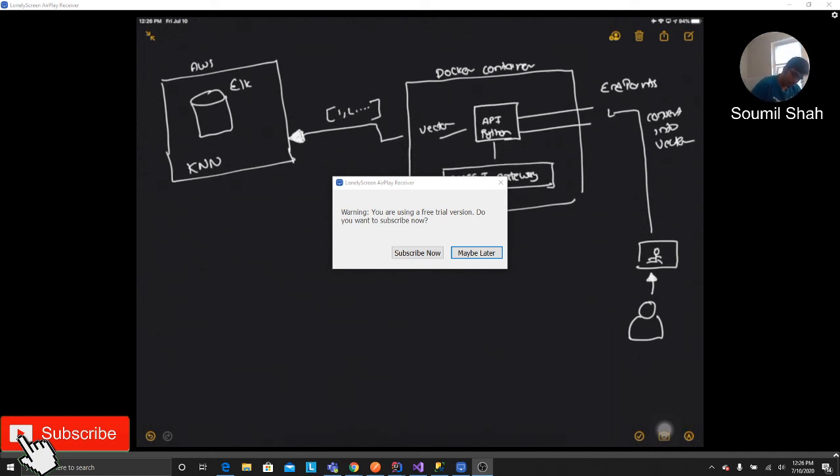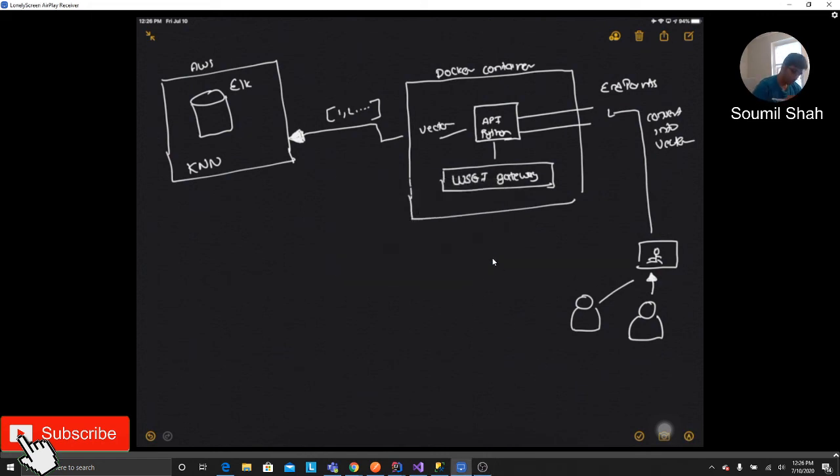Okay, and if several clients are accessing your resources at the same time, the WSGI worker gateway will make sure that it can create several instances of your API. So it can handle several requests also.